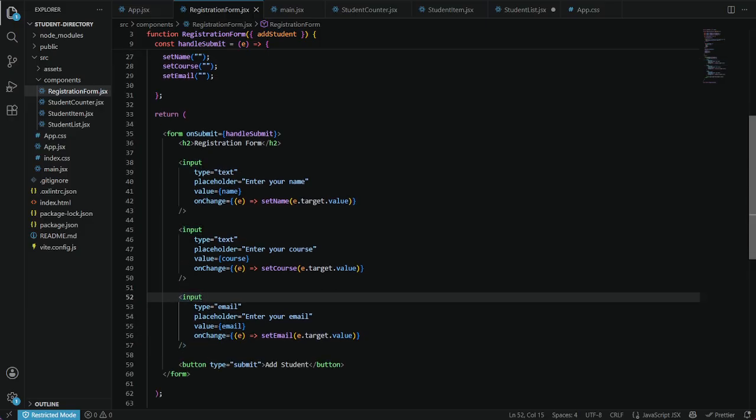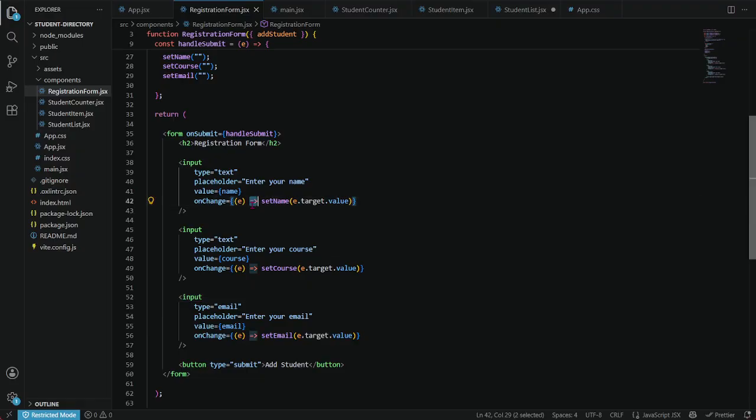And then this one is to display in this part. The return is to display the registration form on the web page. So this form onSubmit handle submit means when the form is submitted, it automatically calls the handle submit. And then the registration form displays the title, and then the name.